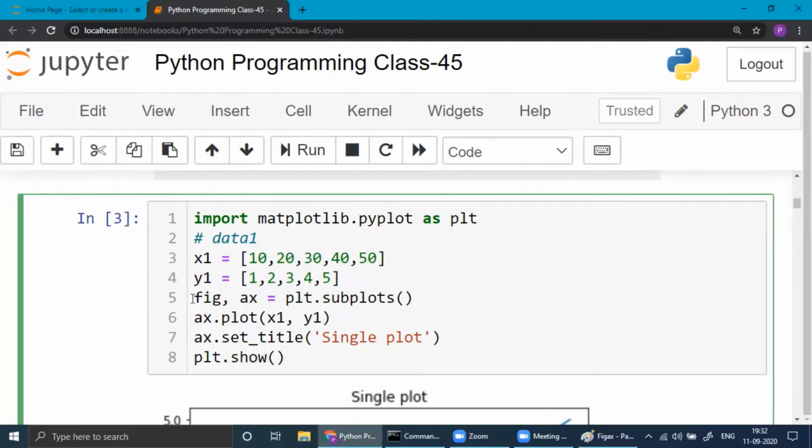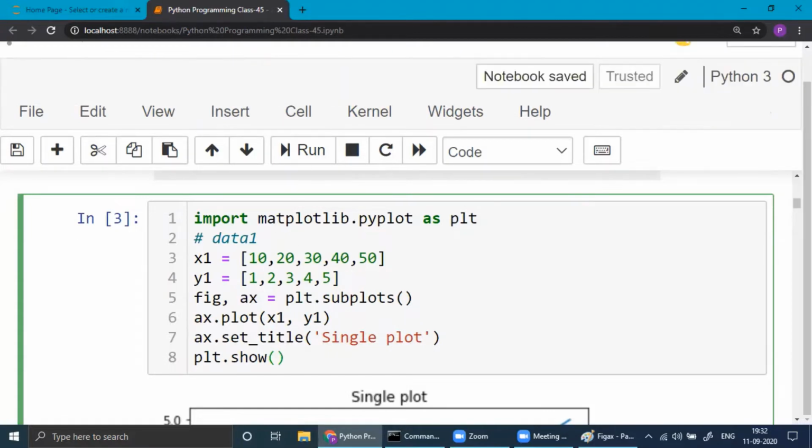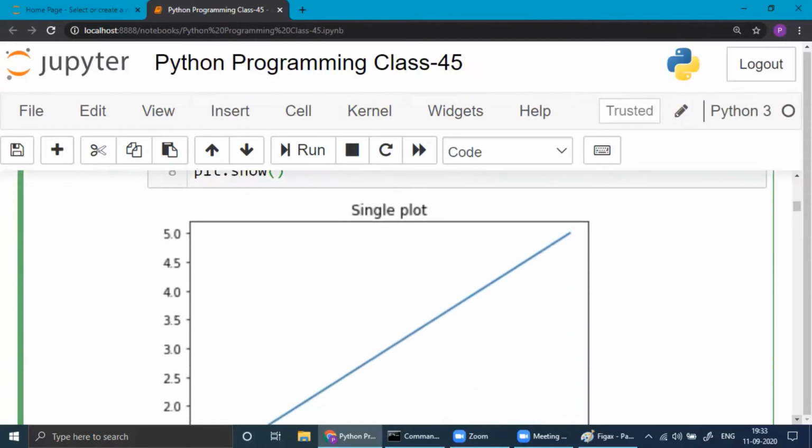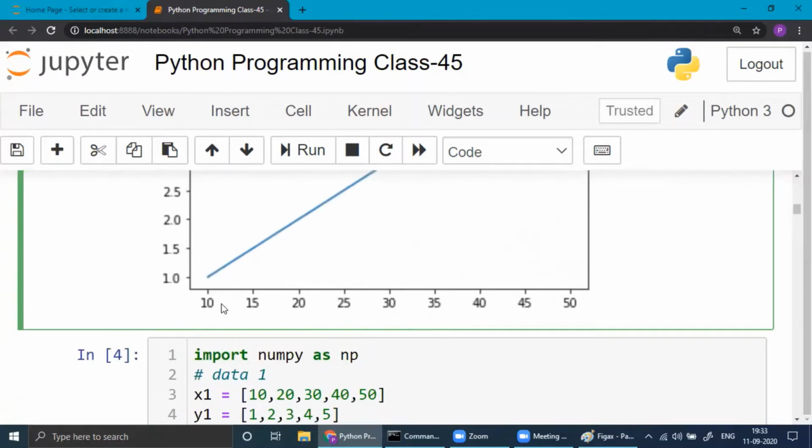Even without this line, we can plot x1, y1 if you use PLT. Just write plt.plot. We know that already. However, we want to write this way. So set title, you can write single plot and you can run this one. It's already run. So you will be able to see single plot X and Y.